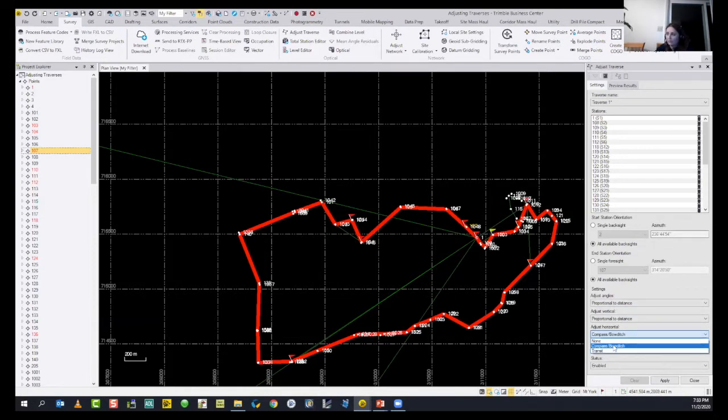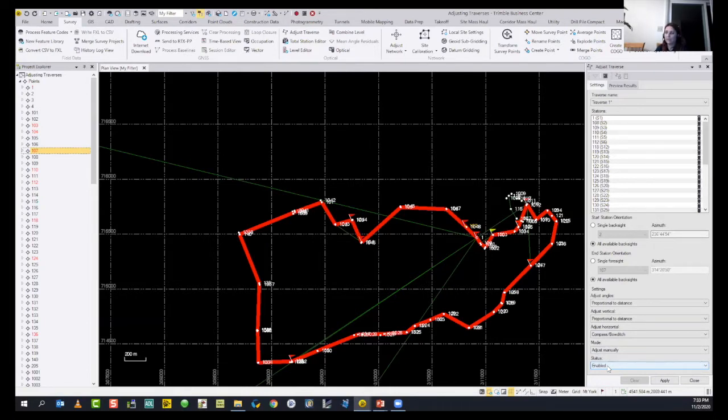So I will set compass bowditch, acting as if the precision in angles is equivalent to the precision in distances. And we set the adjust manually. The status enabled means right now we are creating our first traverse.